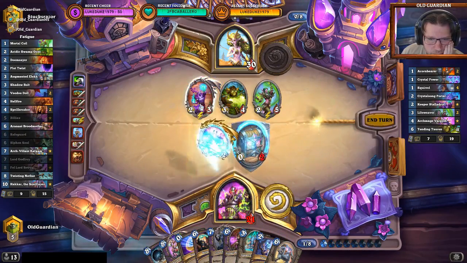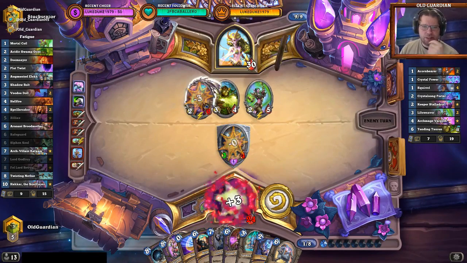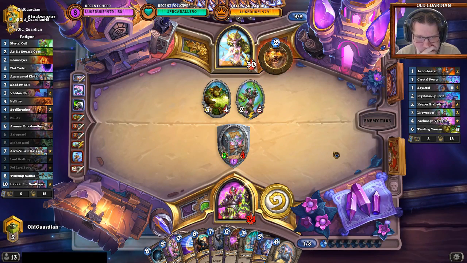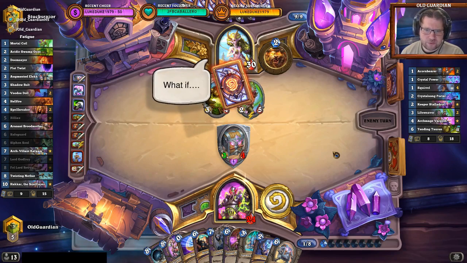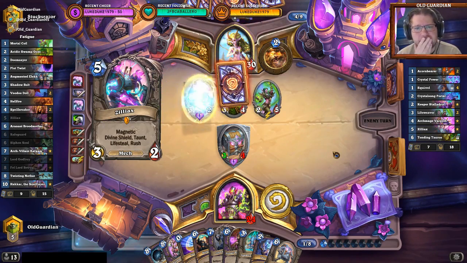I'll let it live. I'll just kill the Stelladris. He can get some random Druid spells. He can't get very many. Just denying the Stelladris value for now. Because I'm a little bit afraid of the...